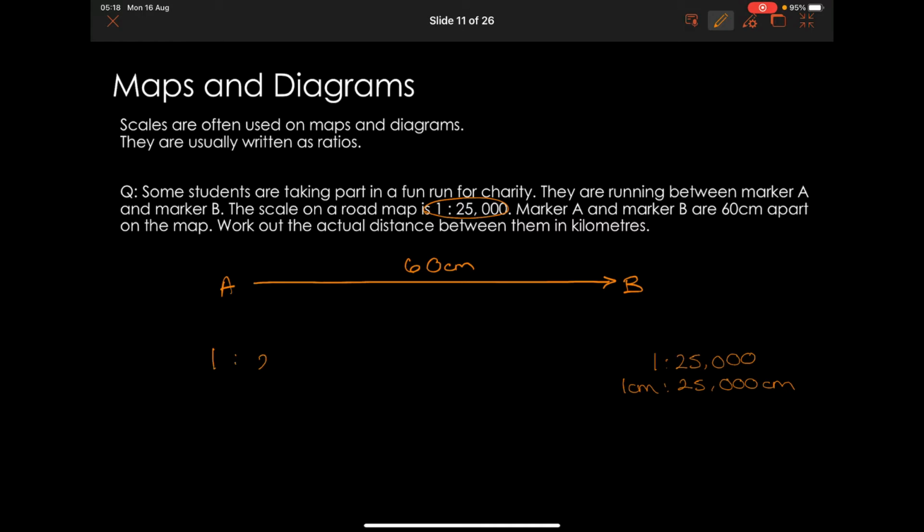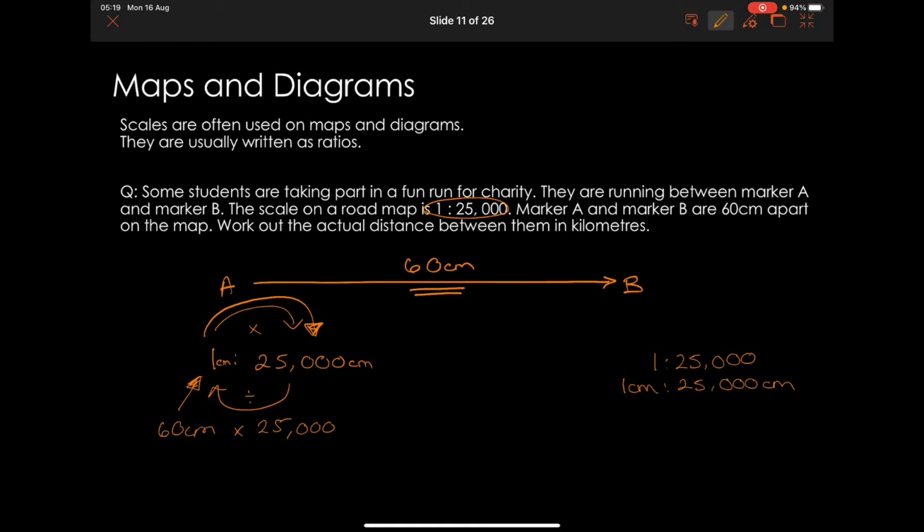You could say 1 to 25,000. And you could draw your arrows in and put times and divide. Okay, this is 1 centimetre is the same as 25,000 centimetres in real life. We've actually got 60 centimetres on our diagram, so we're this side, 60 centimetres. And in order to get to the real life version, we have to times by 25,000. Now this would actually be,